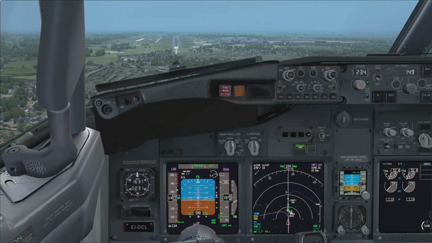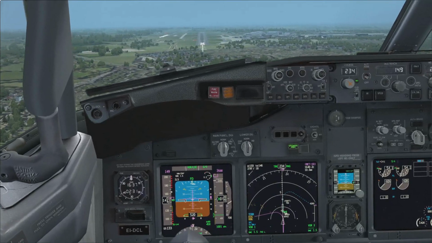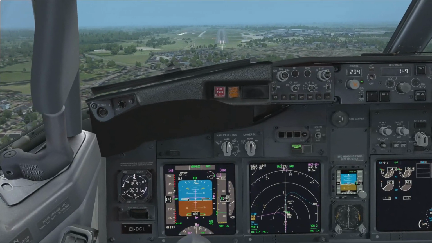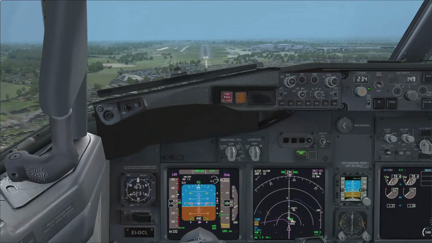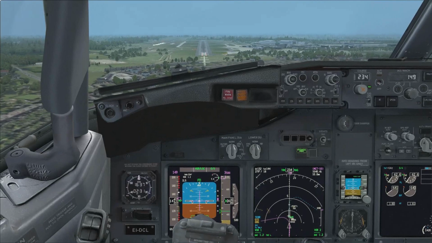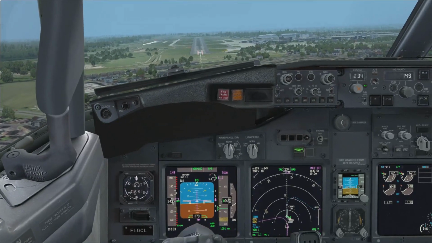Tango Papa 324, descend altitude 4,000 feet, QNH 1002. Report localizer established. Descend 4,000 feet, QNH 1002, will report as established. 324. A little bit on the low side, but...